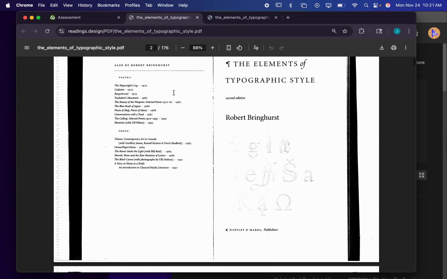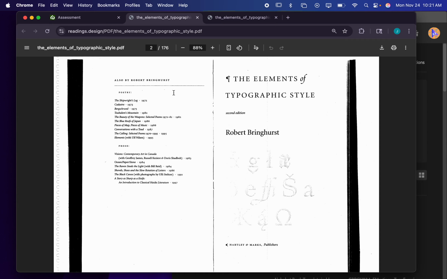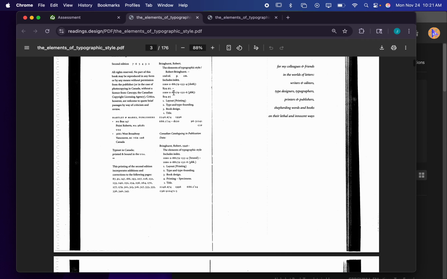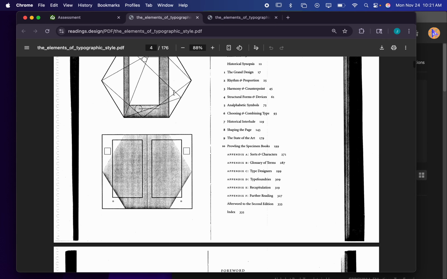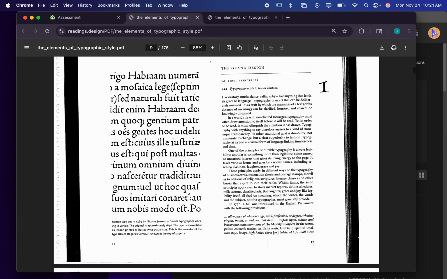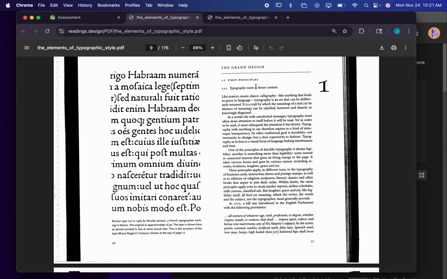You can scroll down to see how the title page looks, and then there's additional information such as the table of contents and such. I'm going to put 9 in here to jump to chapter 1. You're going to use this as a template or an example so that you know where the paragraph breaks need to be, and have an idea of how to set up the headers and the subheaders,